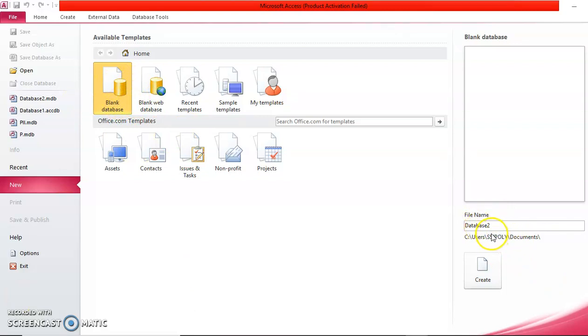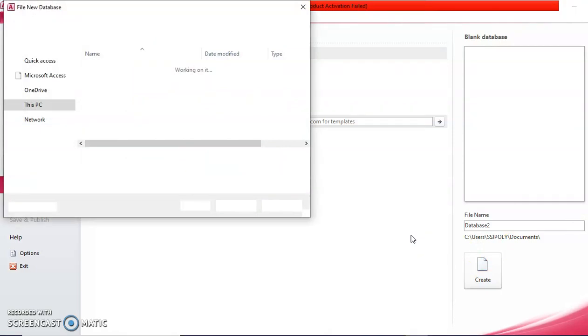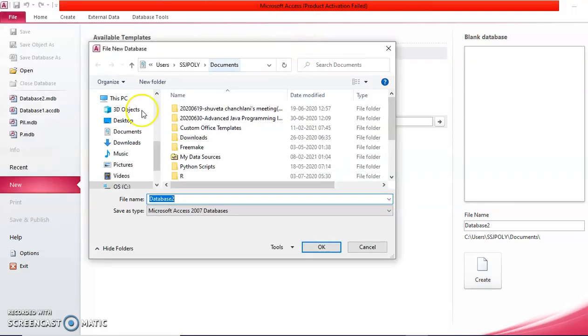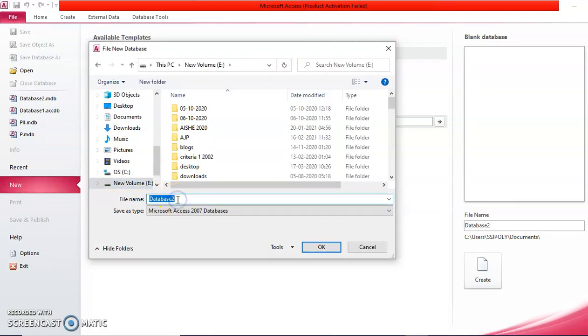Here is the name of the database. We can change it, and there is a folder kind of icon. By clicking on this, I can set the path where this database will be stored. So I'll quickly click on this. It will open a file storage type of window. Now here I'll select my database to be in E drive, and I'll give the database name as, for example,